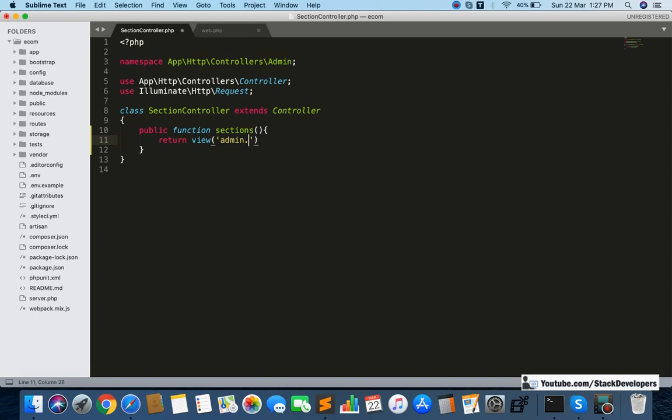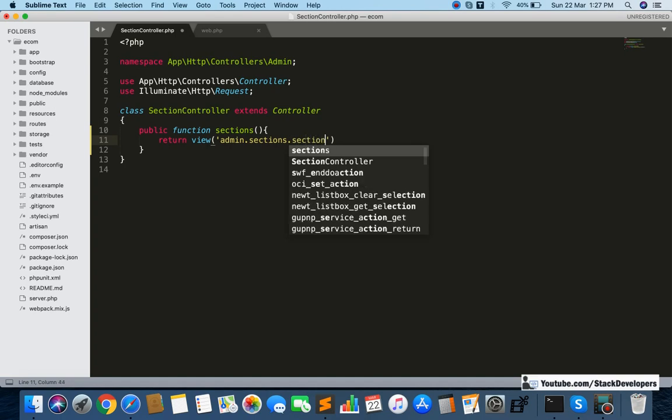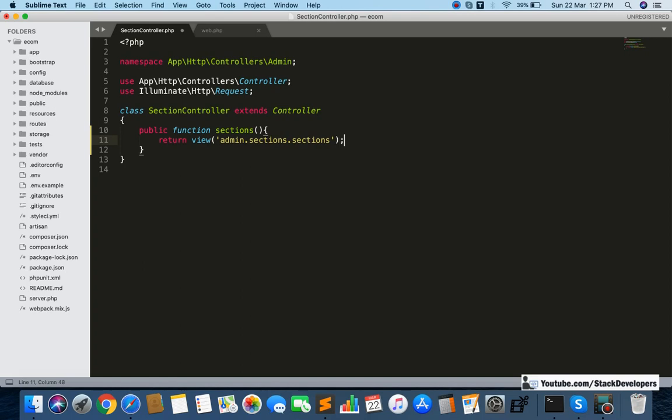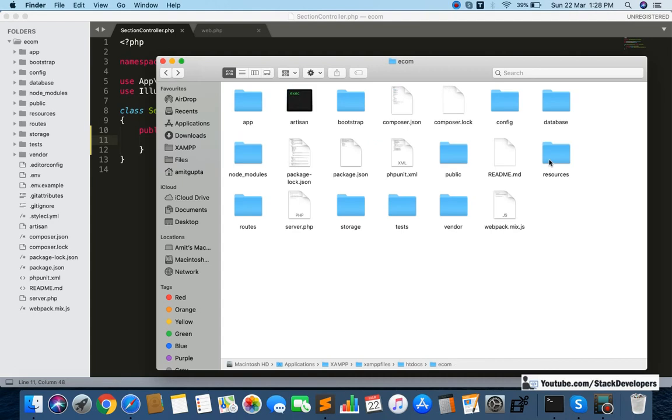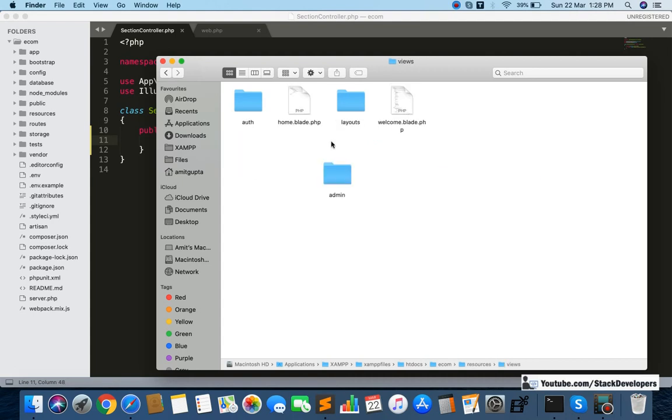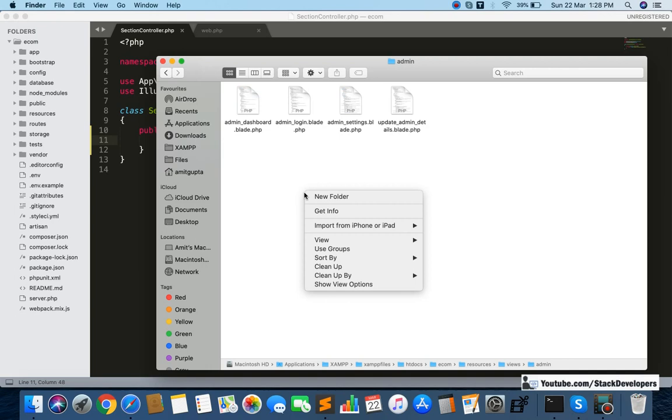It's inside admin, and I will create one folder, sections folder, and inside sections I'm going to create a sections blade file like this. Okay, so I'm going to create this file. Here I will go back and create resources, views, admin, and here I'm going to create one folder